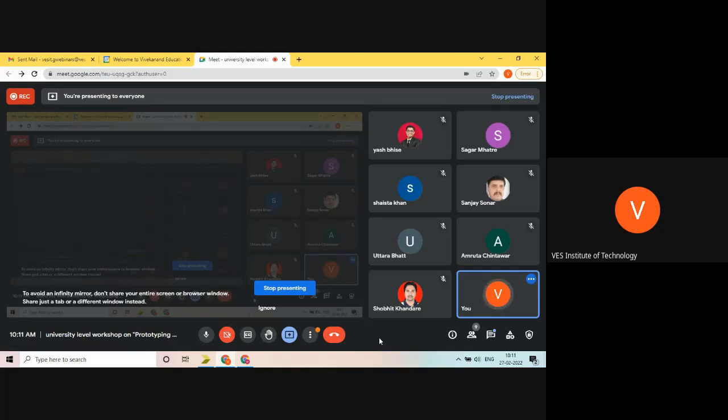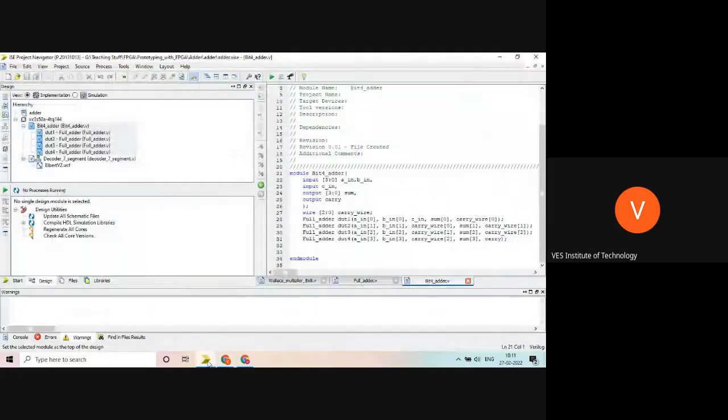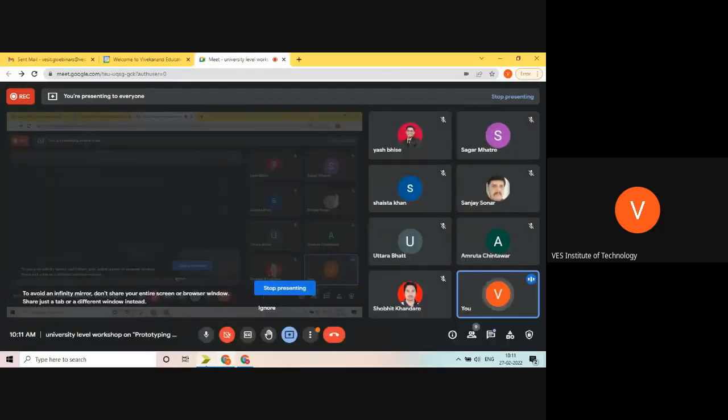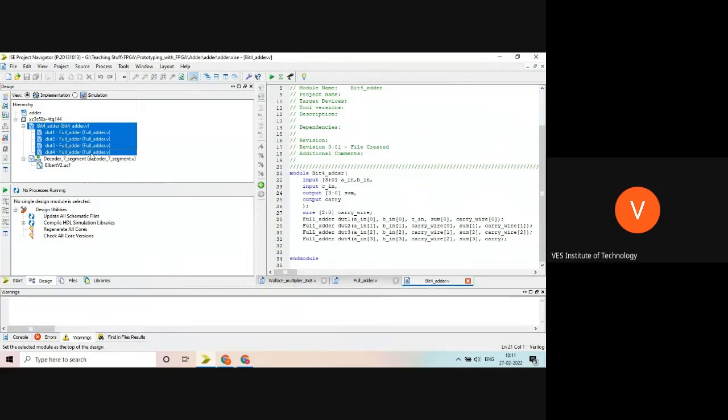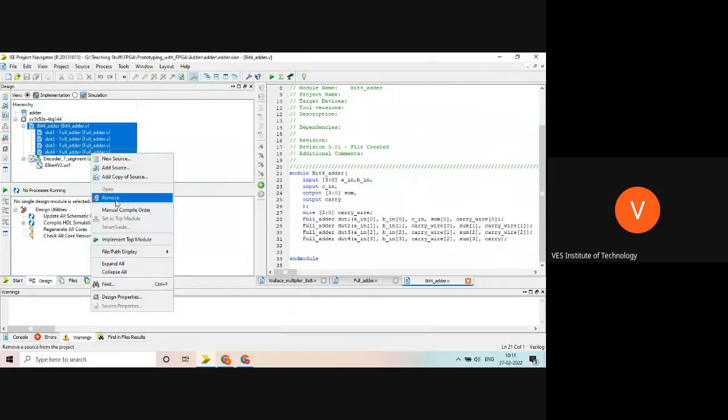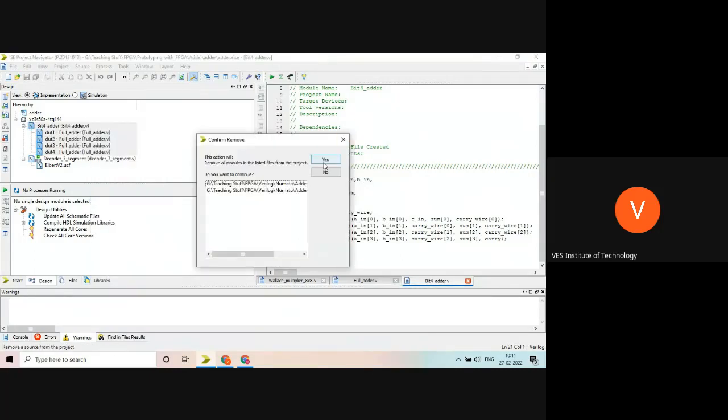What is exactly expected from all these projects, we'll look into it. So we'll start the session. First, I will show you, and if at the end time permits, I will finish the carry look ahead adder also, because the Wallace tree will take a lot of time for understanding as well as programming. First, I will show you what we have done last week.